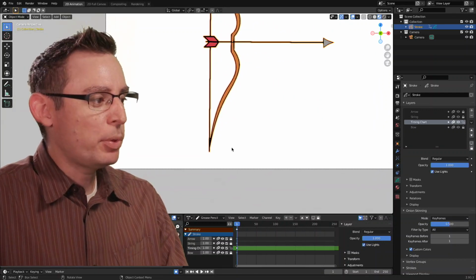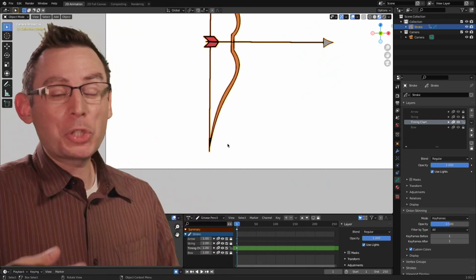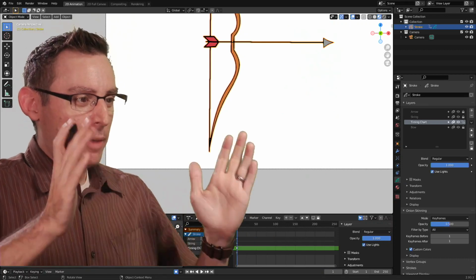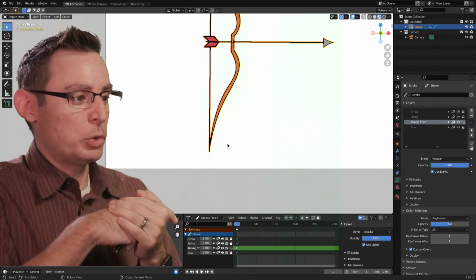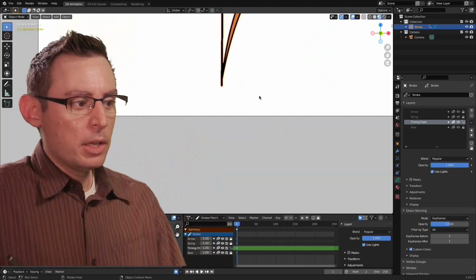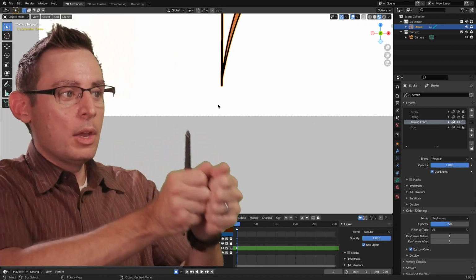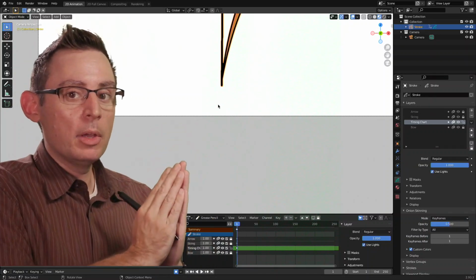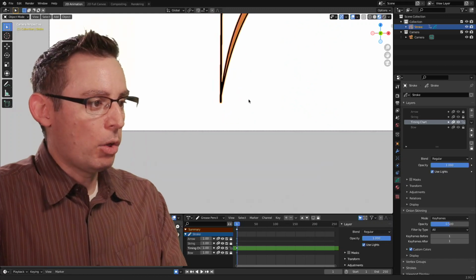Now visually, I like to place the timing charts underneath the object that I'm timing out. You can have multiple timing charts inside of your scene at the exact same time. That's totally cool, and it's a great way of working. But having the timing chart generally close is going to allow me to understand the movements and the speed of those movements. I always have my timing charts go from the left to the right, so it mirrors the timeline down here at the bottom. Even though the movement is going to be one where the bow stretches backwards, I want the representation of time to be going forwards. It's just a little bit easier for me to consume and manage all of this information.